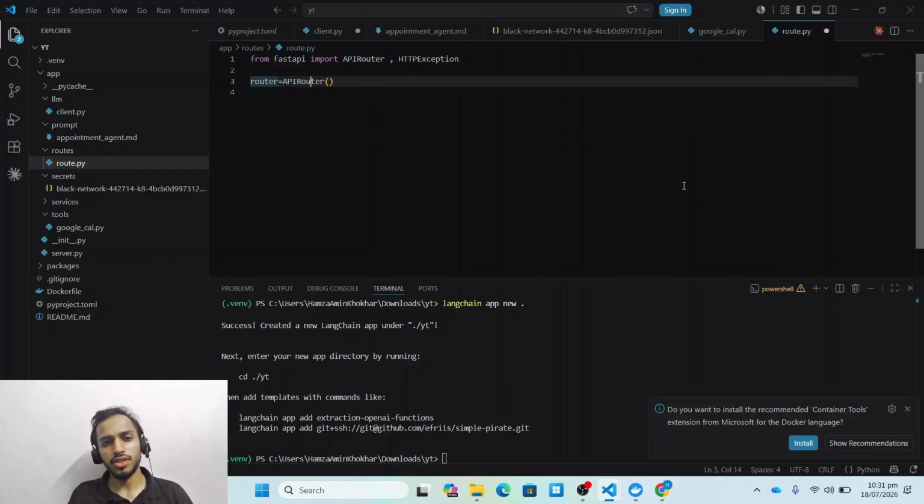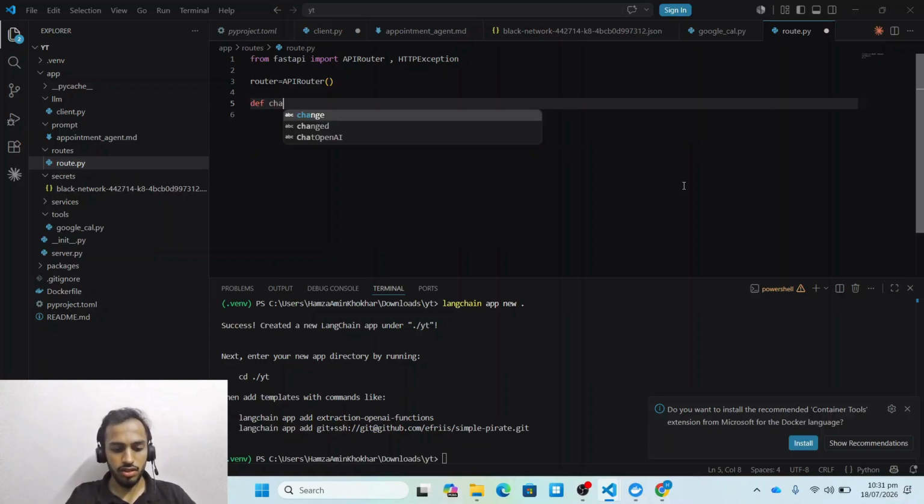if you want to add some prefix, you can add it here. As it is a single module app, we are not going to be doing anything. Otherwise, you make different sections or different routes, so it is easy for the front end team or other teams to manage the API. Okay,